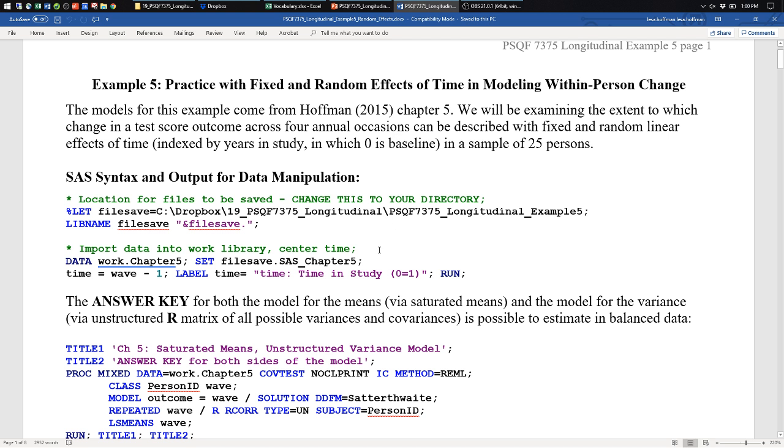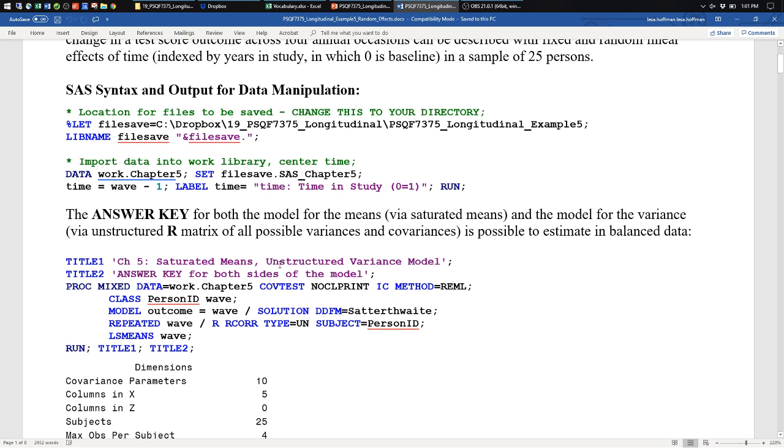I think everything you're going to see this semester is balanced, but the rest of the book tackles various types of unbalanced. So I'm reading my data into SAS here, and I'm making a new variable that I'm calling time. So in the code that you're going to see, there's going to be 2 different variables referred to that keep track of time. There's going to be time and there's going to be wave. Wave is 1, 2, 3, 4. Now why can't I take wave and put it in the model and estimate a slope for wave if wave is 1, 2, 3, 4?